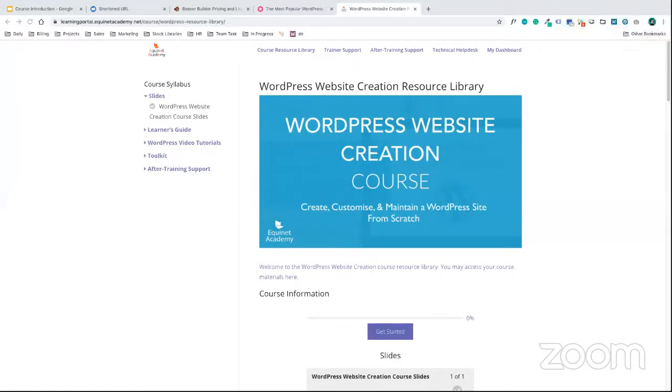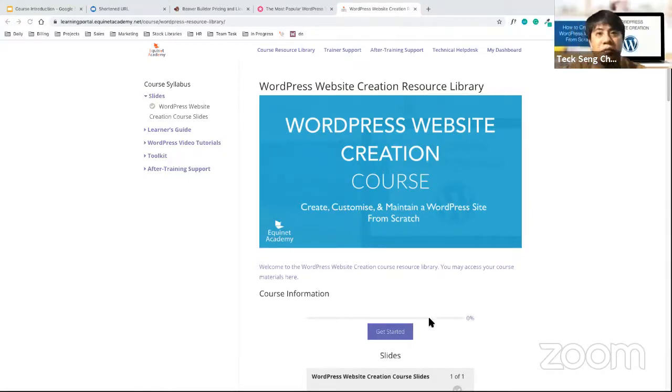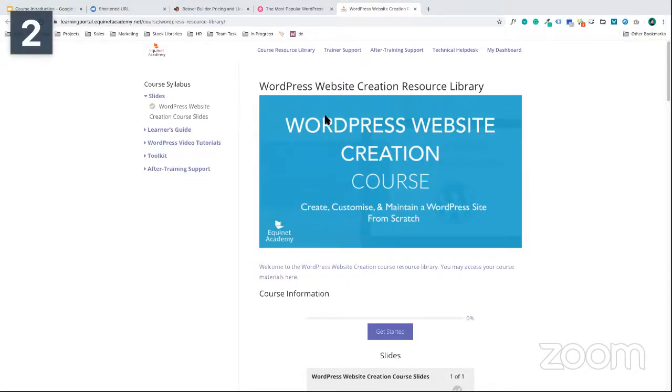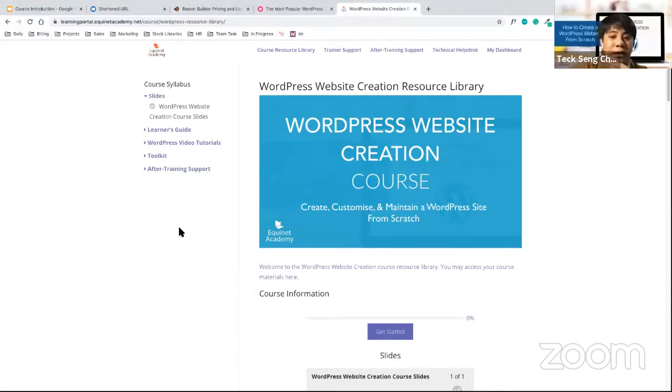I go back to the WordPress creation course again. I go back to the course membership. Do you want to share your screen? Do you know how to share your screen? When I go to the purchase part, click login also, they say can't find my account with the supply email and password. Okay. Never mind.